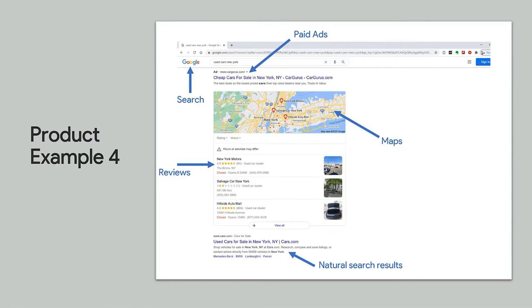So let's get into this other example that I think is really interesting, because there's a couple of things I want to show you in this particular example number 4, right? So you're basically seeing here on screen the results of a search I did on Google, right? And I just looked for used cars in New York, right? And this is the result that came up when I searched for used cars in New York. I want you to pay close attention to the things that I have highlighted and pointed with arrows,